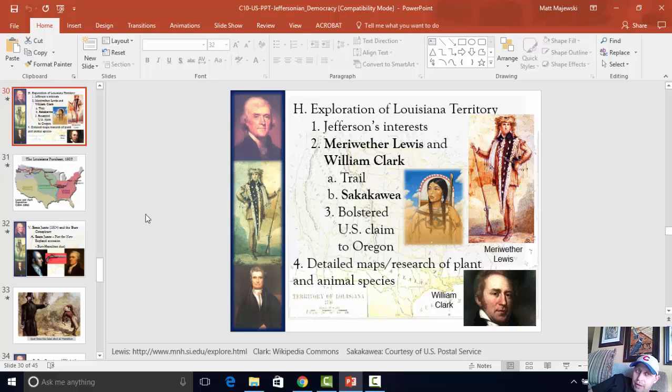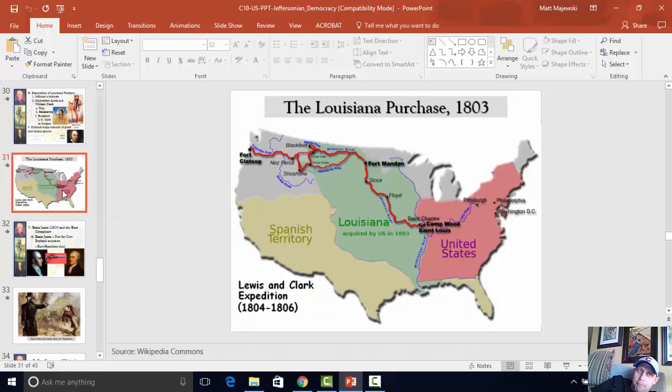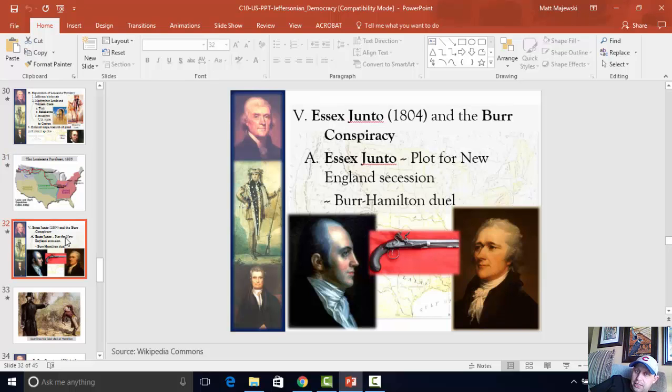Basically, it'd be like you going and buying, like, I don't know, a storage locker filled with stuff without really knowing what the heck was in it. Alrighty? What a deal. Massive, huge, so profitable. The U.S. lucked out in getting it from France. They showed up at the right time when Napoleon really was willing to get rid of it.